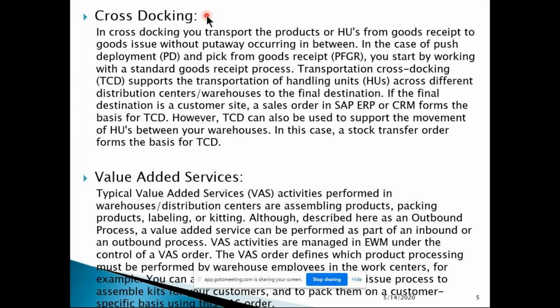Cross docking is helpful for what kind of goods? Is cross-docking only used for damaged goods that are to be returned, or also other goods? No, I'm not talking about damaged goods. It's not about damaged goods. It's about trading goods. For example, you receive one box from your supplier, and in the same way you are shipping it